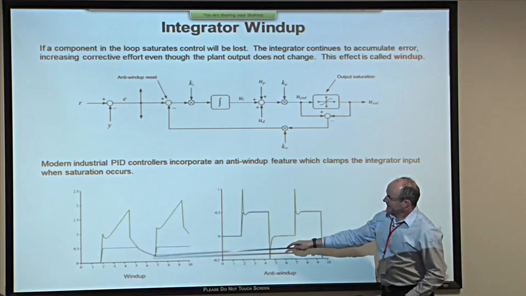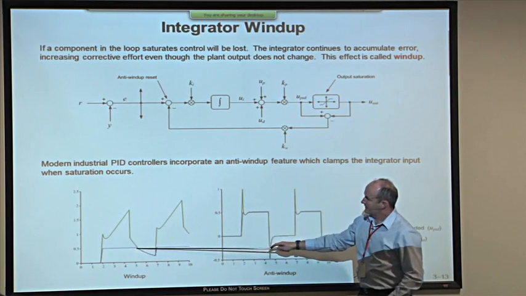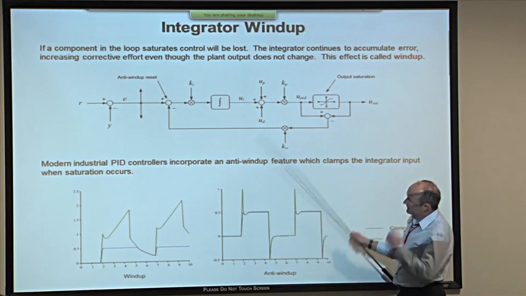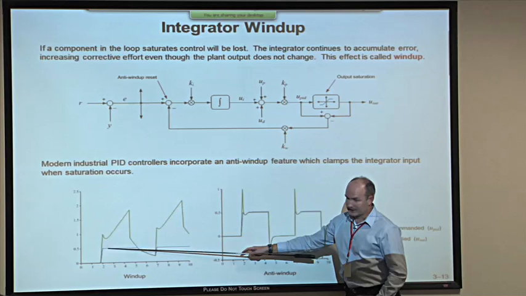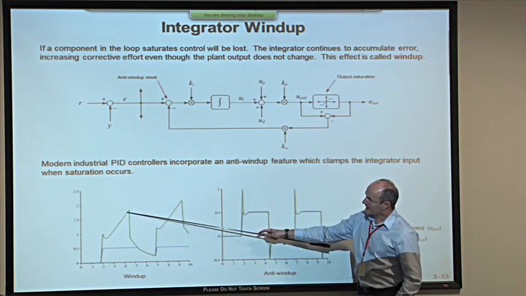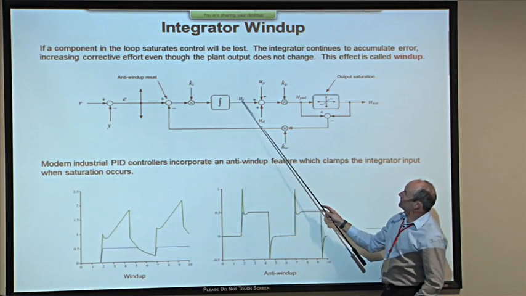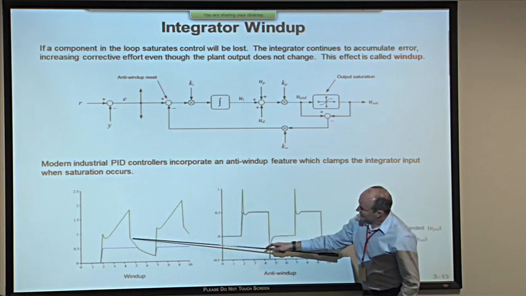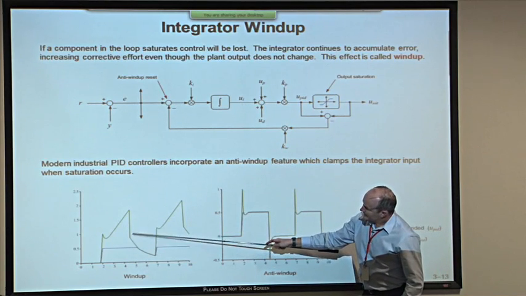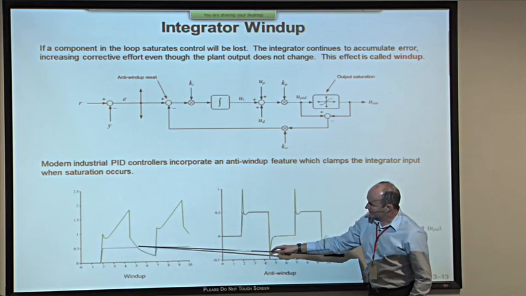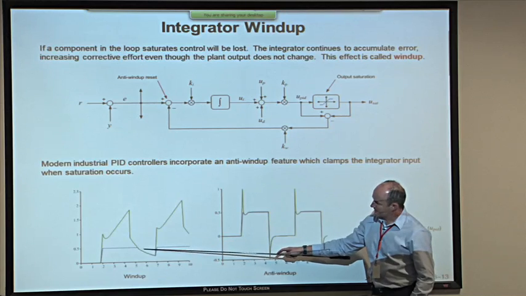Now, this is illustrated here. What these lines are, this is the after and before lines of this saturation. This is the output of the controller. So at this point, the loop is saturated, but you can see the effect on the output of the controller. It's ramping up, and this ramp is purely the accumulated output from the integrator because of wind-up. Now, when we recover from saturation, which happens at this point here, this amount has to be unwound again before the integrator starts to play a useful role. And then you get this, see, it's not really doing very much here because you're still unwinding the integral